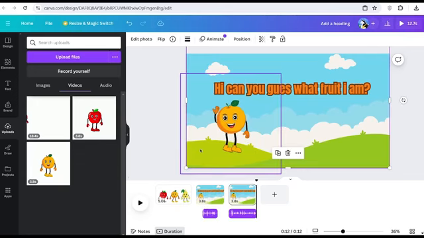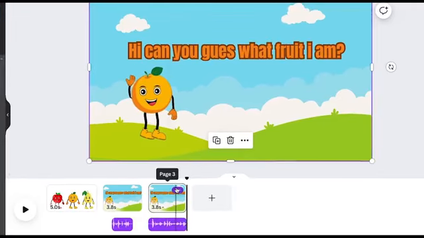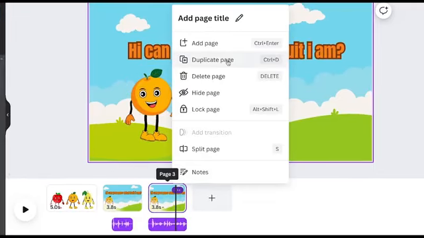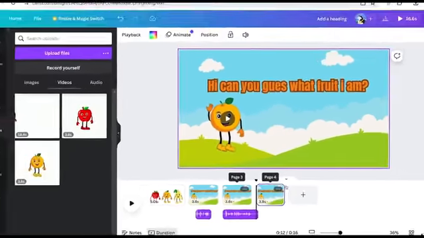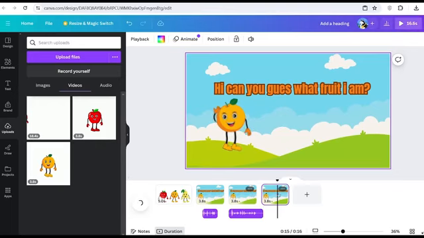And that's pretty much your first scene done. Now in order to generate your second scene, it's literally following quite the same process. It's actually even easier to do. What you want to do is click onto these three dots, and then click Duplicate Page. Now you have the page for your second scene already mostly done.